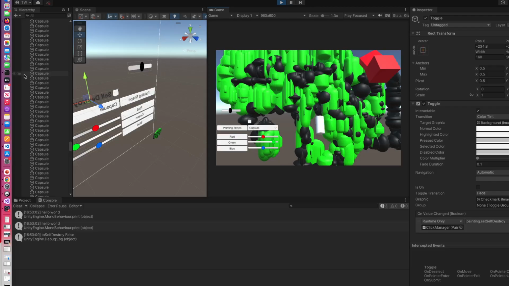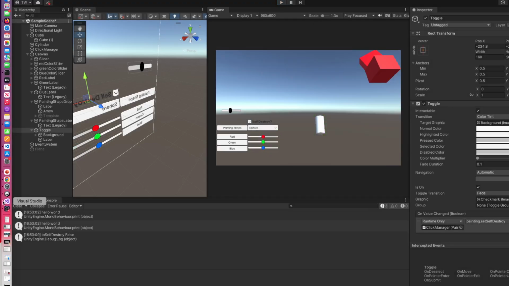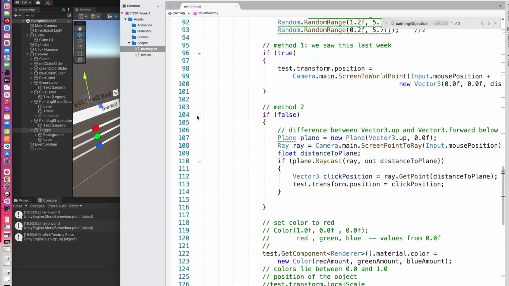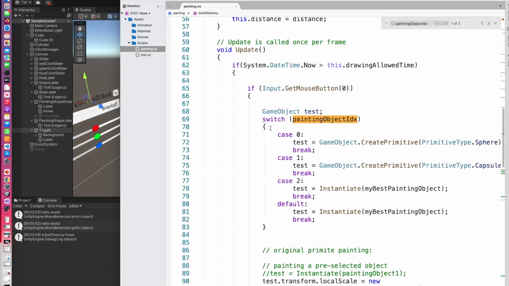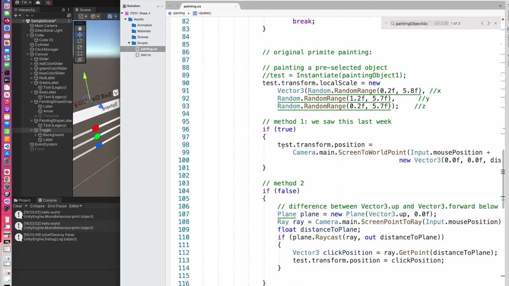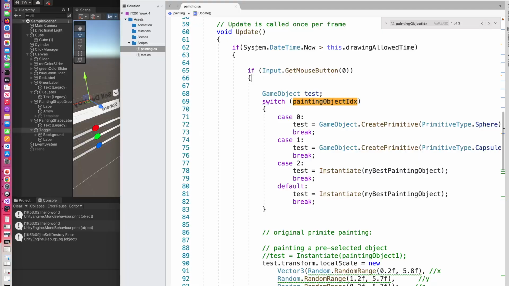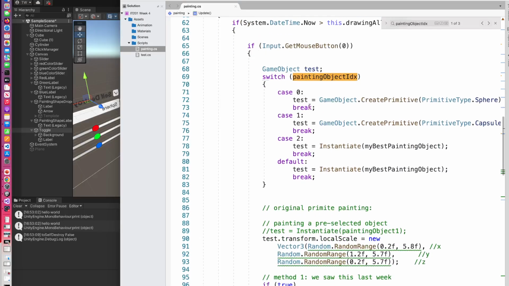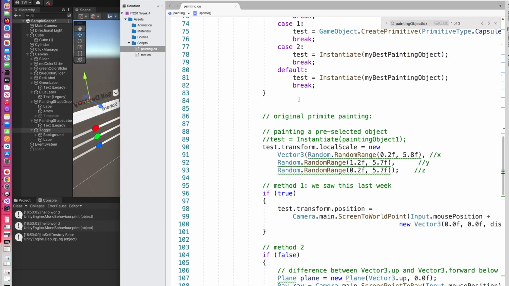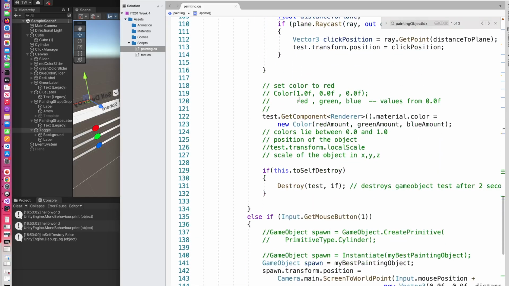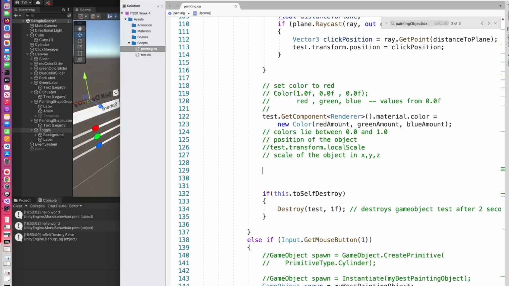I wanted to make it so they're like a child object of this click manager. So it's like a small trick, but it's nice. So what I would do is, here, when you have this code that does your painting, you have the game object test and here is where you create the test. So what I would do is just add, before the self-destroy,